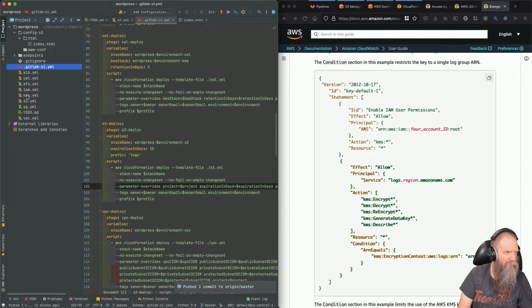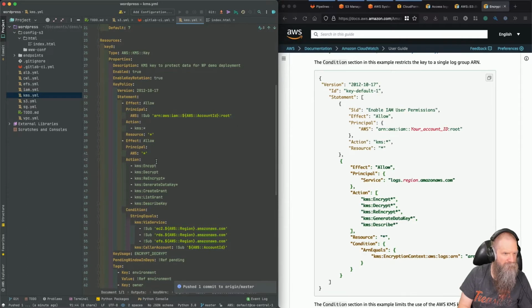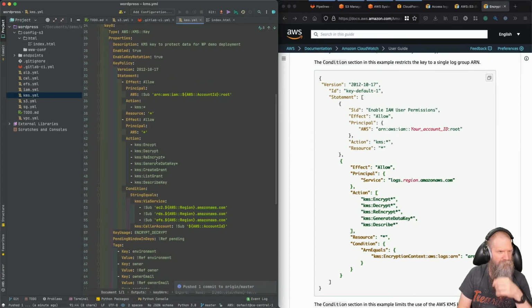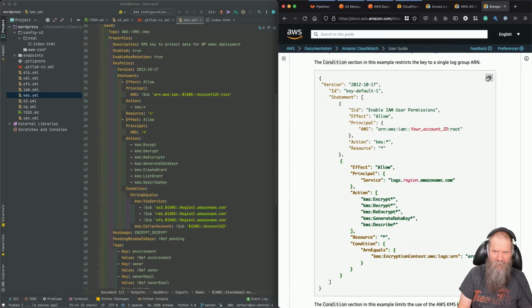And find KMS. Now, can we do the same thing here? Principal star logs. This is a little weird how we did this. EC2, RDS, and EFS. This policy is different, so what we're going